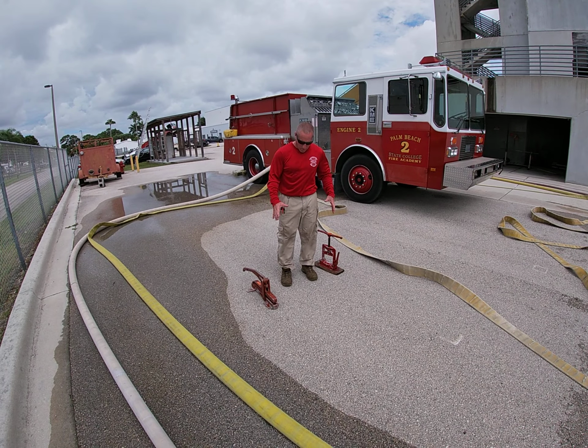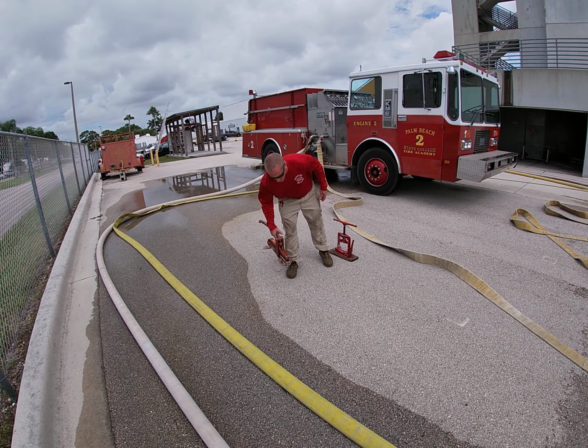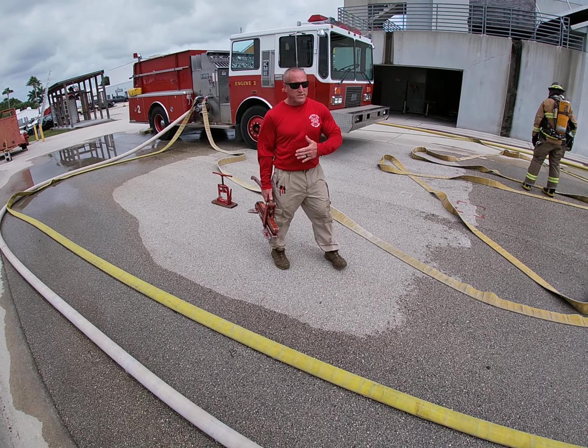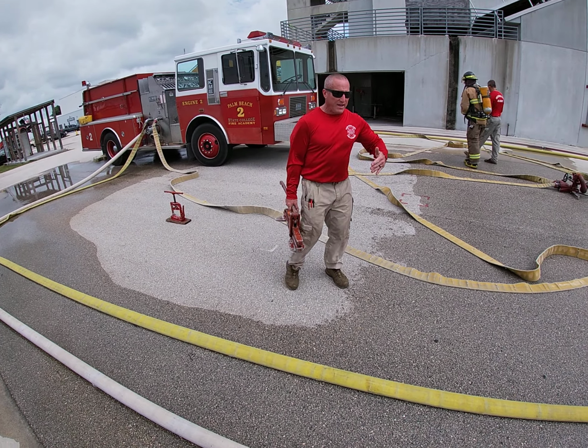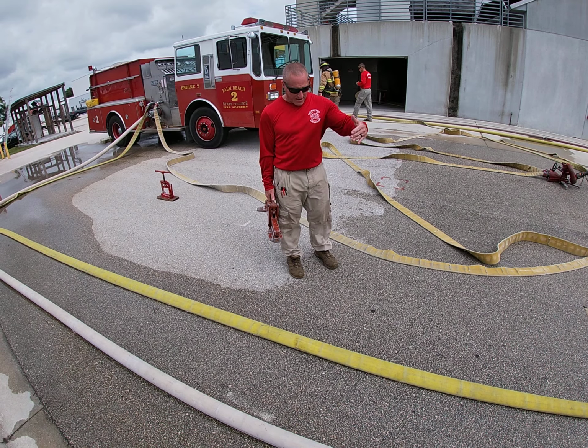Now we're going to demonstrate our hose clamps. We're going to start with the press down clamp. So the parameters for our clamp basically would be, if it were a supply line, I want to be 20 feet from the apparatus, and I'd be 5 feet from any coupling if one was present there on the supply